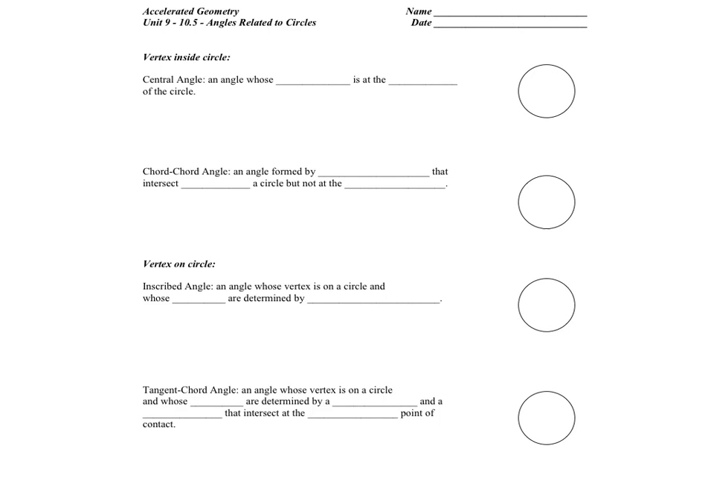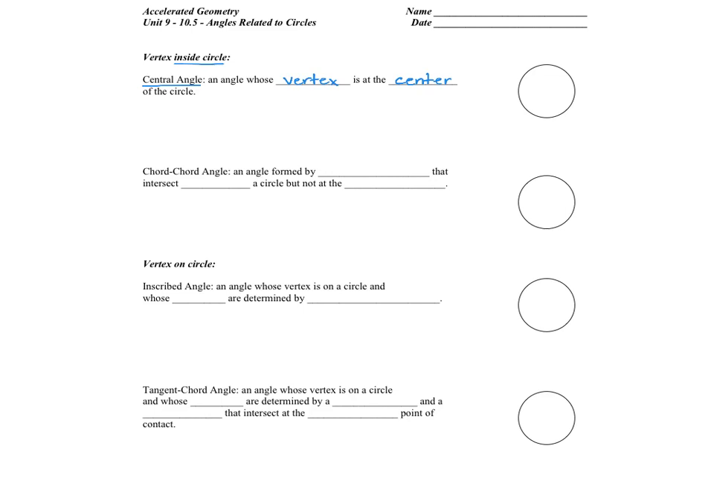The first location of the vertex we're going to talk about is what if the vertex is located inside the circle? And we have two different options. We either have a central angle or we have a chord angle. A central angle is an angle whose vertex is at the center